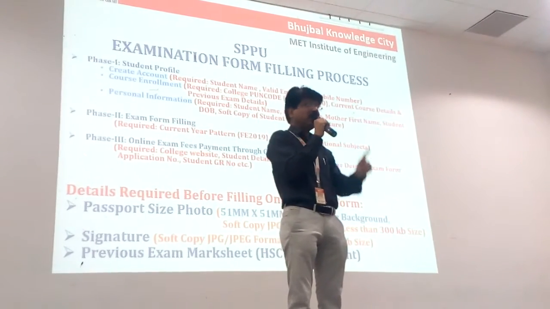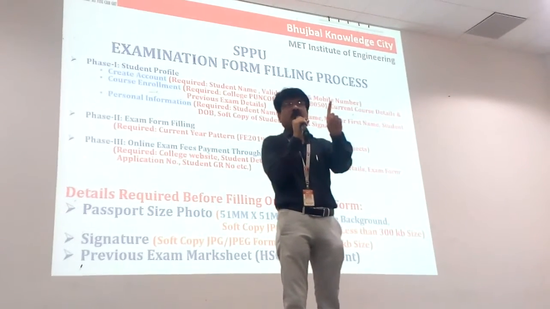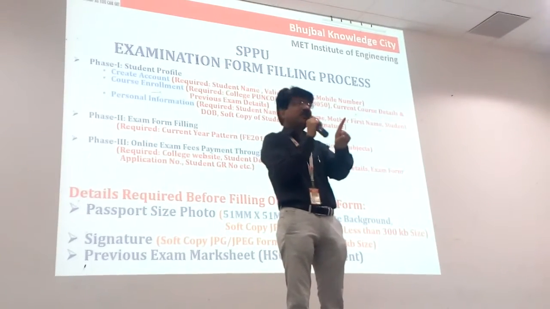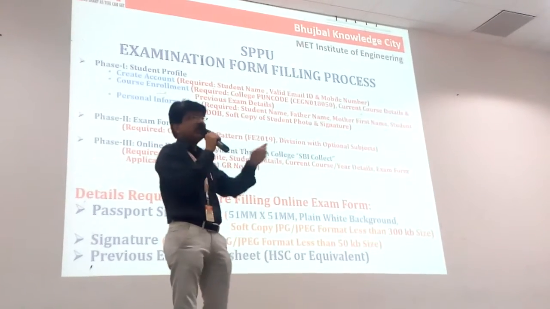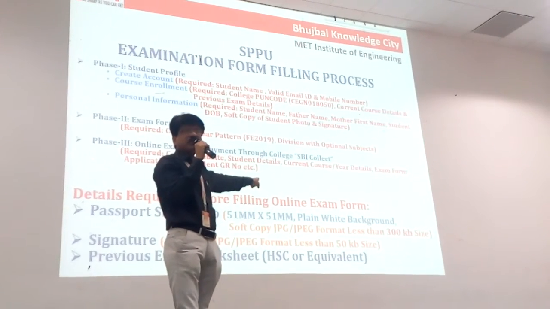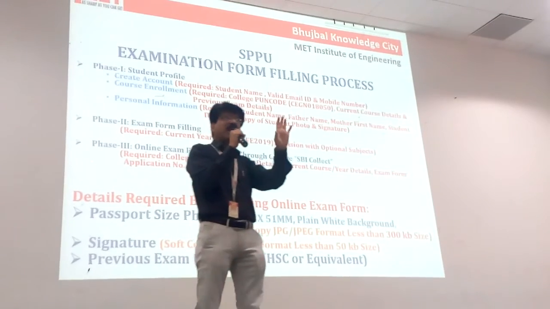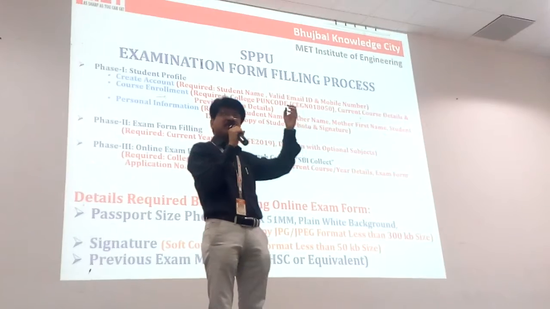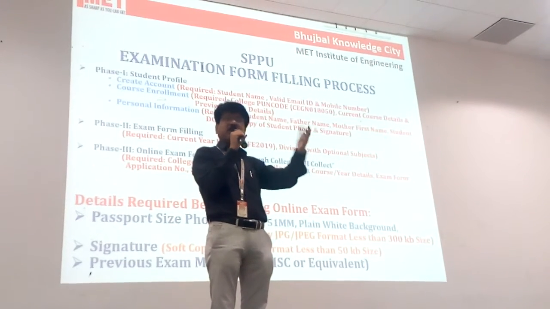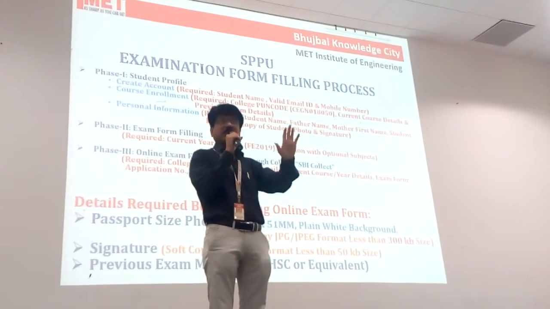Otherwise, today itself you just take a photo along with a soft copy, and this soft copy size must be less than 300 KB. Signature, see, all of you have the photo which you have already uploaded in the CT form. But see, if it is good, with a white background, then it is okay, you can keep that.